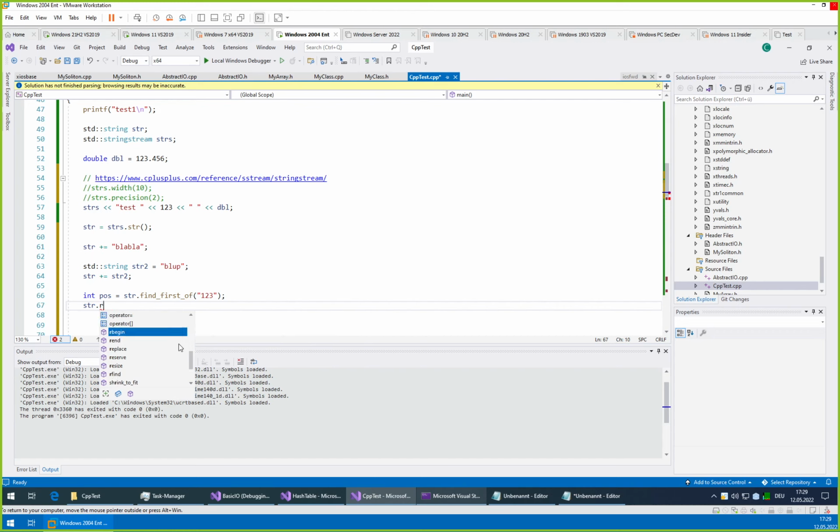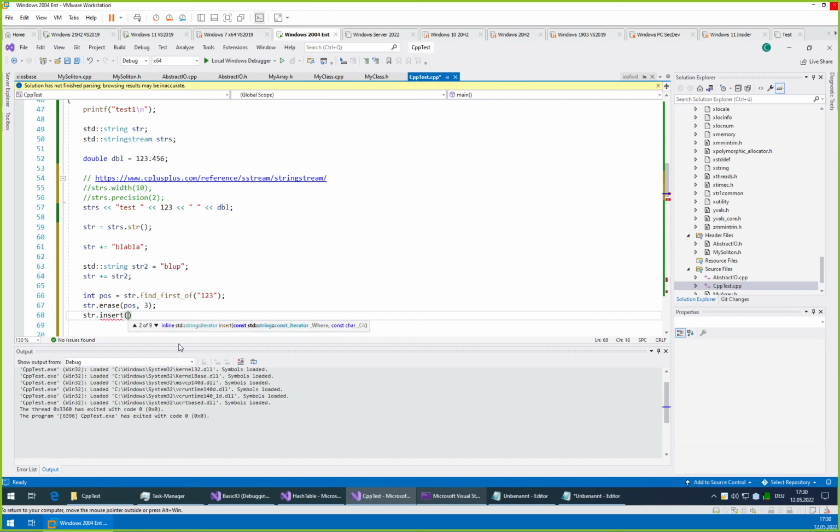Or was it erase? Yeah, it was erase. So we can specify an offset. So let's say we want to erase something at position 1 of length 3, and let's say we want to insert at the same position, because the position is still valid, since it's the first character. Offset, count, pointer, string abc.